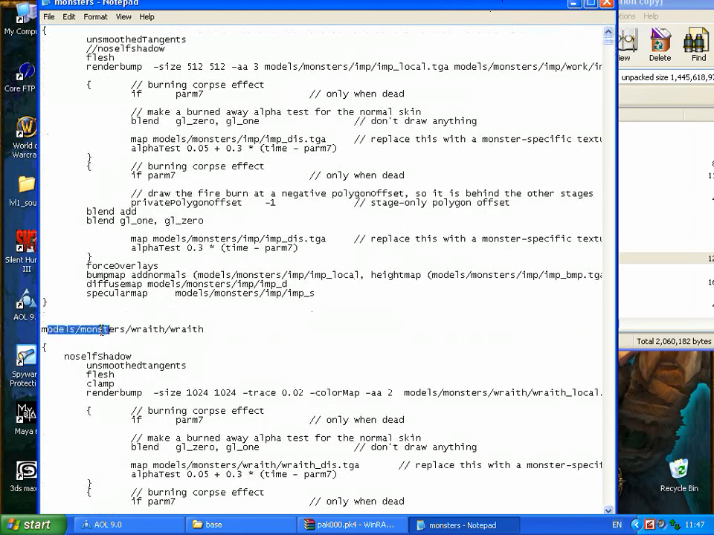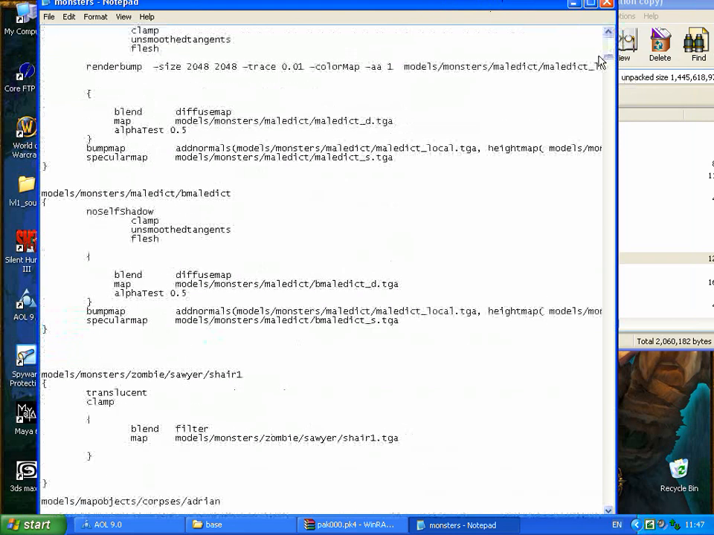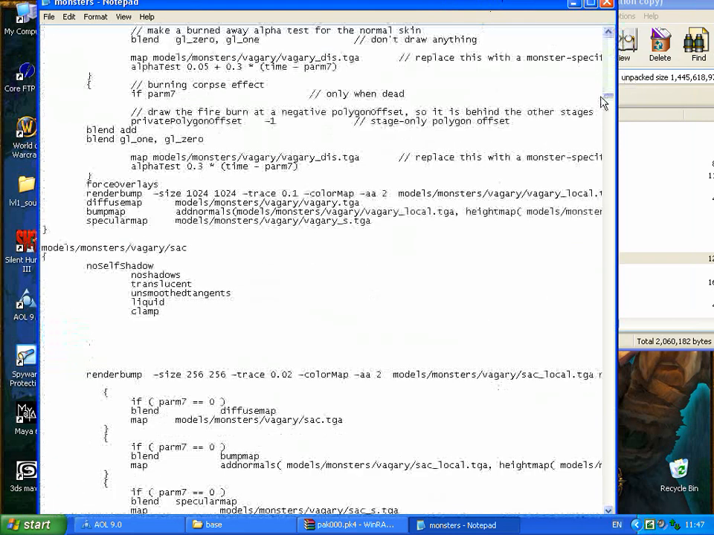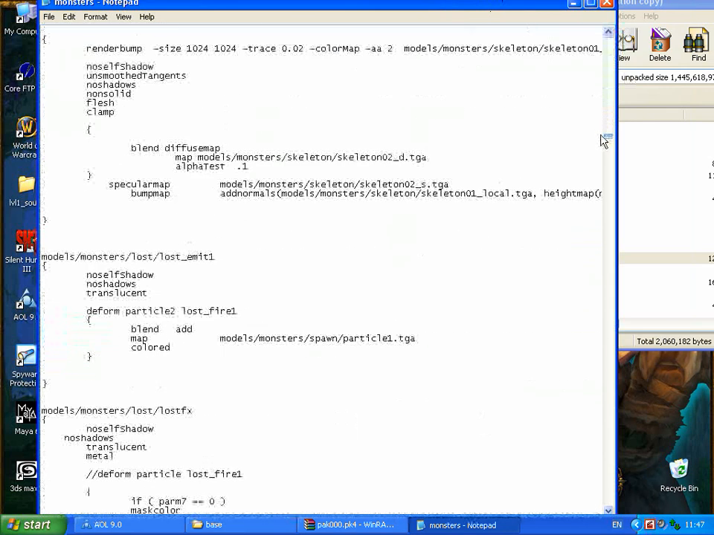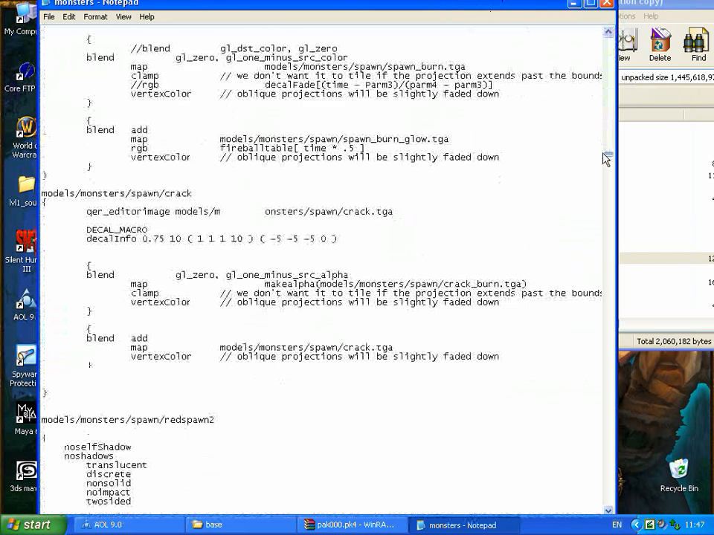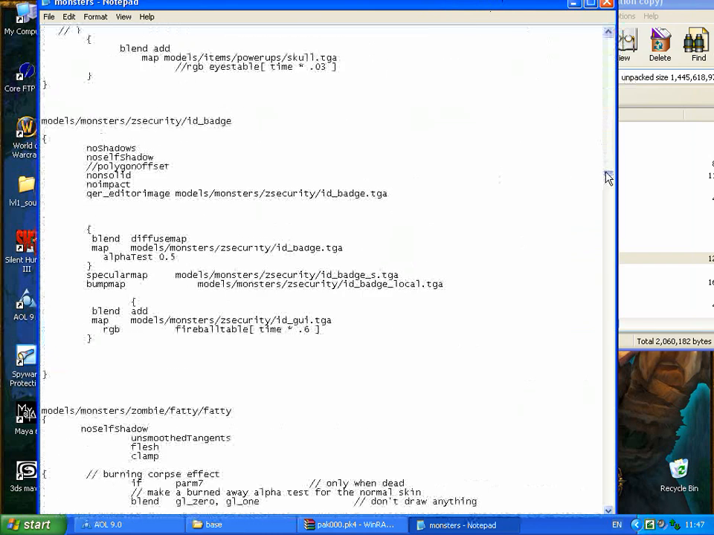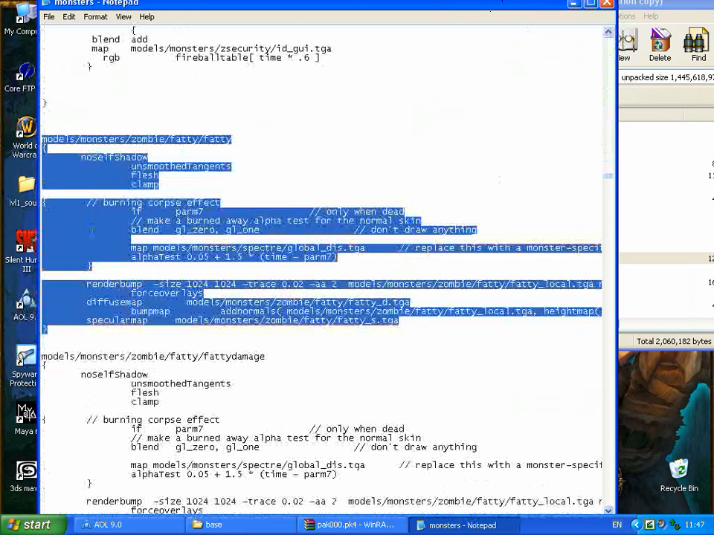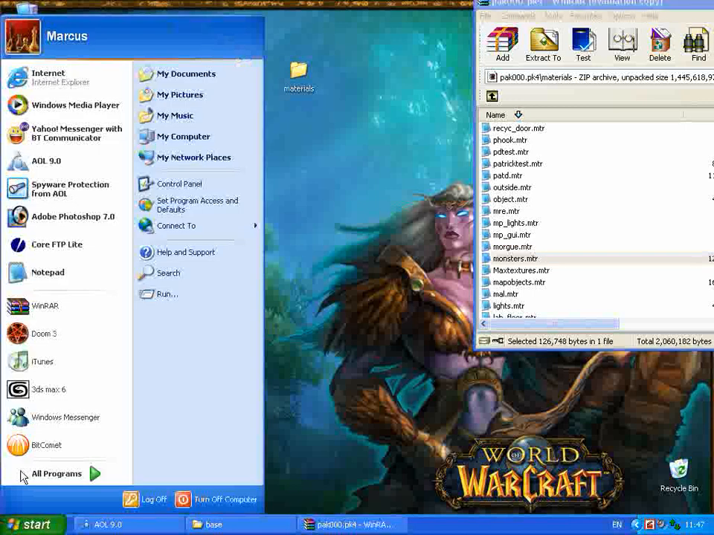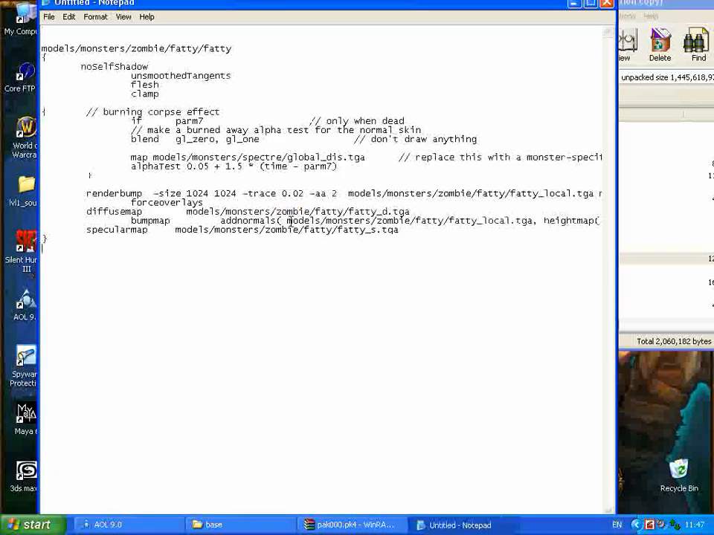But you'll notice that they always start with the actual model, the actual enemy type. So if you keep your eye open, you'll find the monster you've changed. So I'm just going to find my fatty zombie. Okay, where are you? There he is, fatty. So what I'm going to do is copy that info, close that down, load Notepad, and